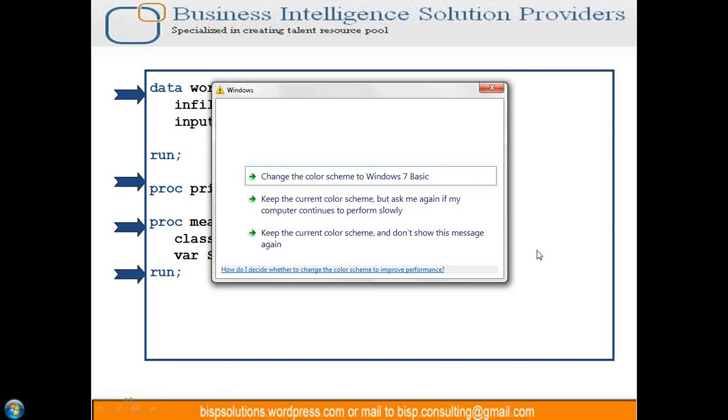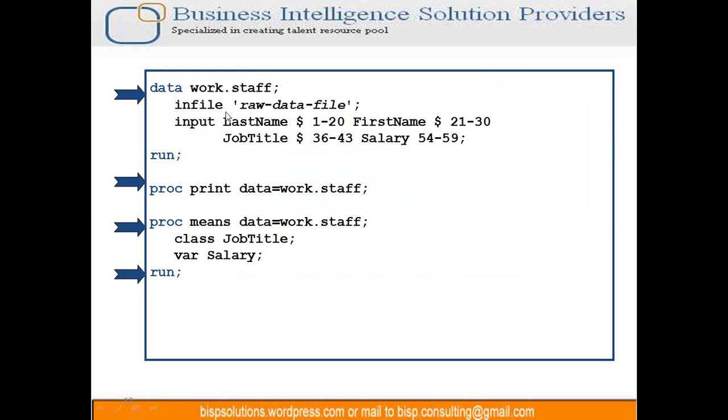So if you can see here, how exactly can we understand what data step boundaries are? All SAS keywords like data, run, or proc, whatever it is, these things we can call data step boundaries. So that is what I am trying to tell you. These are all highlighted in green color.